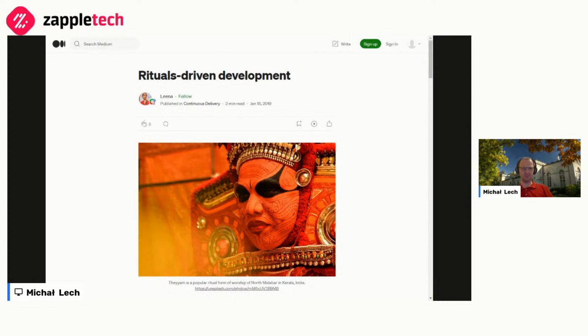So what is ritual-driven development? In short, this is performing development actions because they are prescribed. There are some rules that somewhere someone told us we need to follow. This is now written in stone, or even not. Sometimes it can be following a hype. It can be just being trendy. Like, say, everyone is talking about Cucumber. We are now going to use Cucumber without really understanding why, wherefore, what is connected to it.